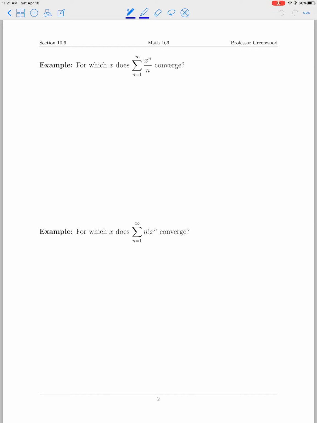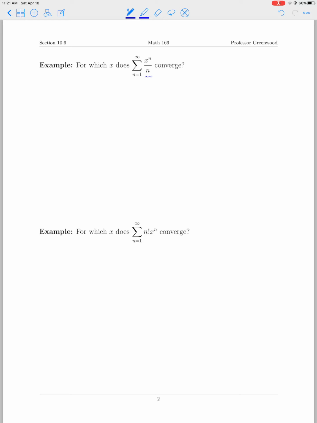Now let's look at a couple slightly more complicated examples and see if we can figure out the radius of convergence and the interval of convergence for these power series. And so the first one is the sum of x to the n over n. And typically for power series, the easiest test to use to figure out which values of x it converges for